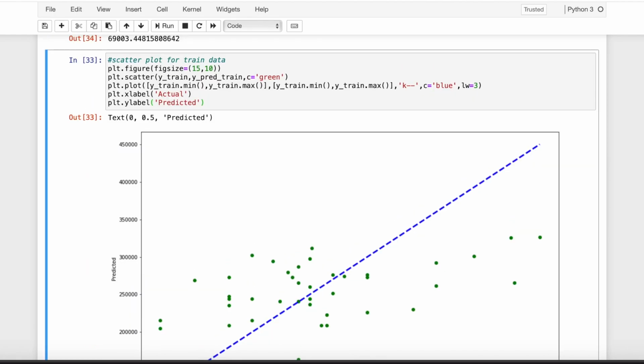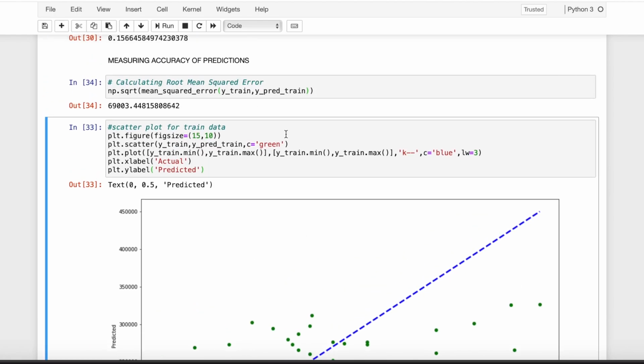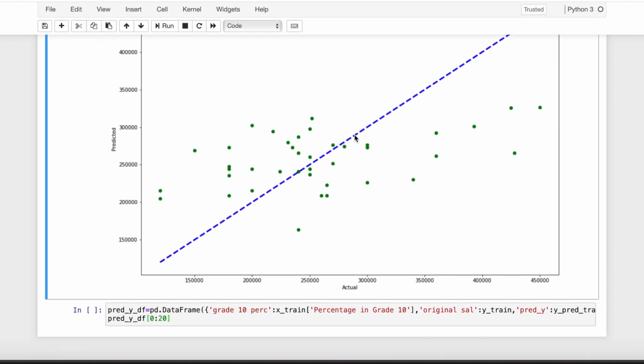So approximate error between the predicted versus actual values would be more than 69,000, which we can see clearly through our scatter plot as well.